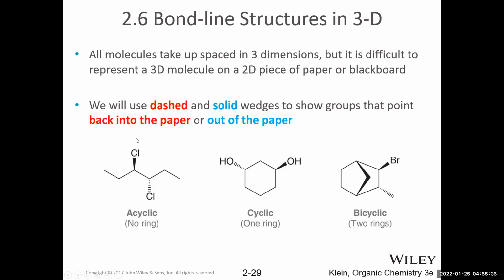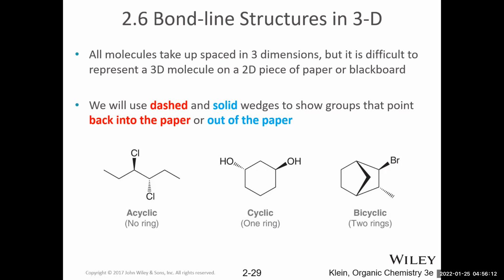So you've probably seen this before, for example when you drew a tetrahedron, where you have groups on a wedge coming out of the paper at you, and groups on a dash going back into the paper, indicating the 3 dimensions. There's also hydrogens attached here, because remember, each of these carbons has to have 4 bonds. So there's a hydrogen here pointing back and there's a hydrogen here coming out at you. Those are just not drawn in. So when you see dashes and wedges, just recognize that those are groups either coming out or going back into the plane of the paper.